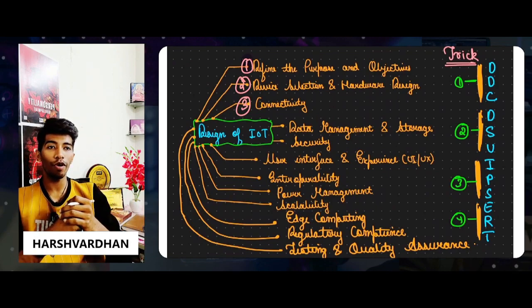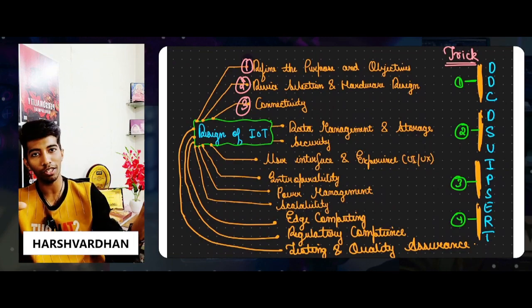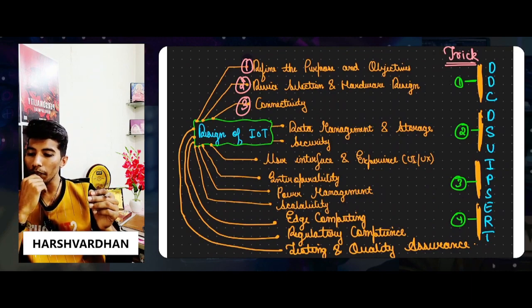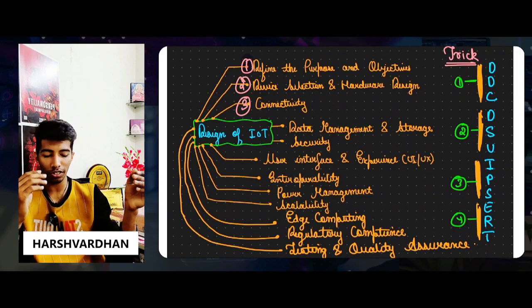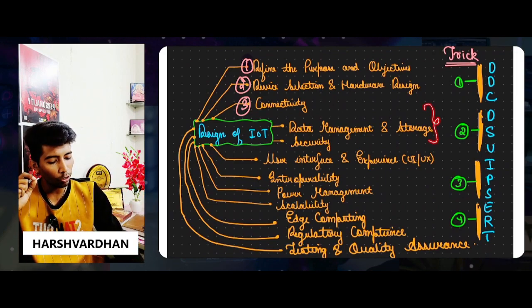When we talk about this, development stage testing is normally done on Blynk. There is a Blynk cloud also there for IoT. IBM Watson is also there. Azure is there, AWS is there. There are many solutions for IoT based systems, so you can understand like this. Then what you have to do is go for data management and storage.